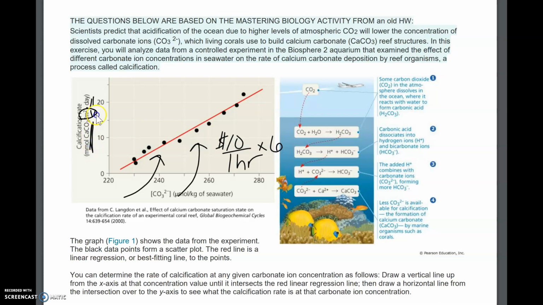So this is how much per square meter, which is an amount, an area of coral, per day. So this is how much it would make if the coral was only 1 square meter and you let 1 day pass, then the number you get on this graph would be your answer. But if the coral is bigger than 1 square meter, or the time that passes is more than a day, then you're going to have to multiply. So let's take a look at some of these